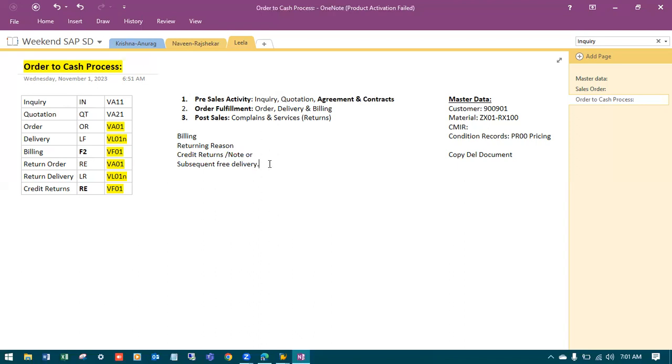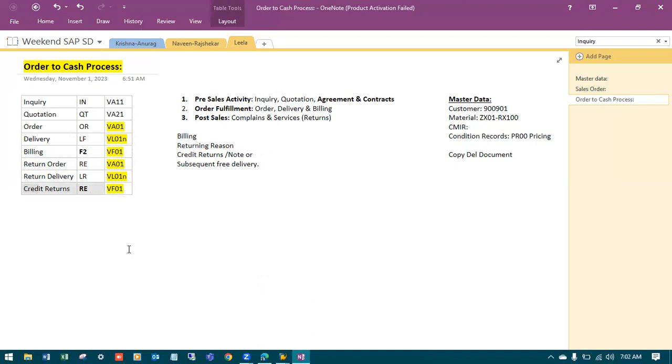Now let's try to understand the whole cycle, which is called the order to cash process. Inquiry, quotation, order, delivery, billing, then post sales activity, which is nothing but a return order, a return delivery,